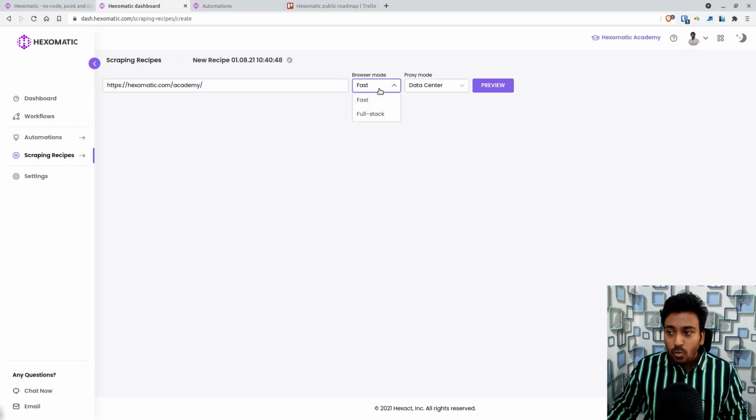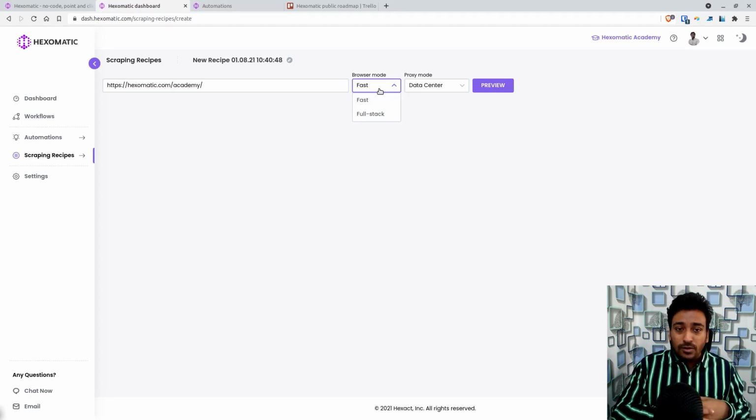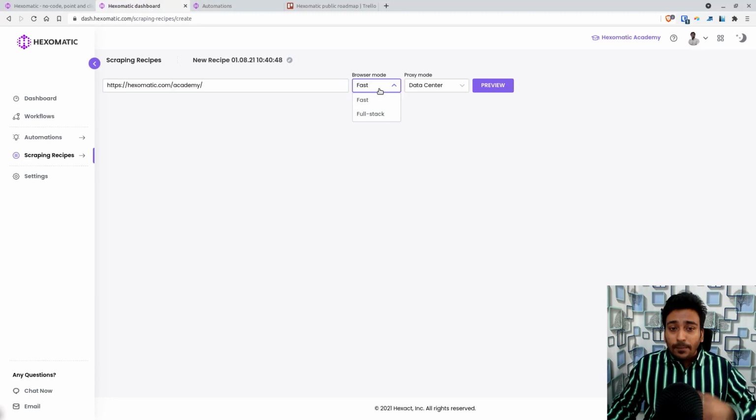You have two options. One, browser mode fast, means that it will try to block most JavaScript or heavy CSS functionalities and try to load the browser fast, but restricting some other tech stuff. But full mode means that it will try to load everything, but the performance will be really slow. So depending on which works best for you, feel free to use whichever one. In this case I'm just going to click on fast.